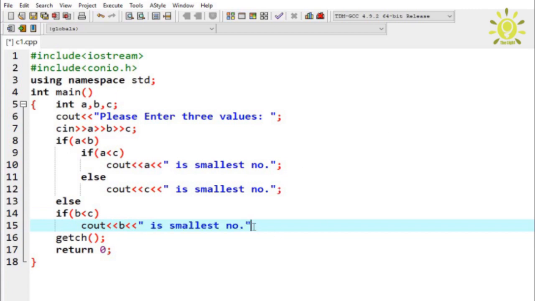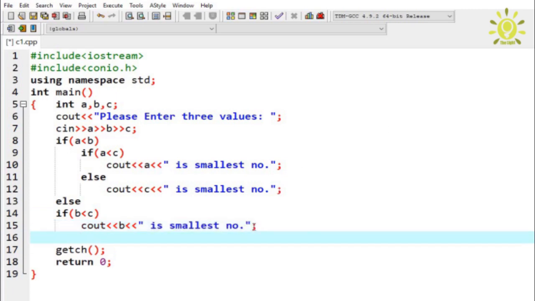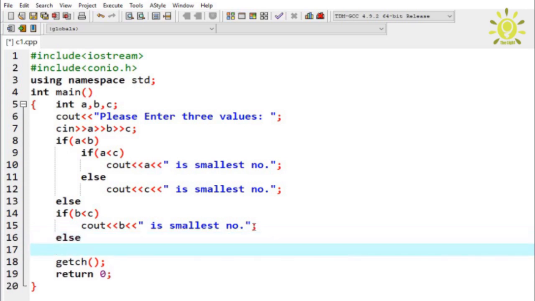Terminate this and now again use else, and display cout c is smallest number. Just terminate this and now save this program.